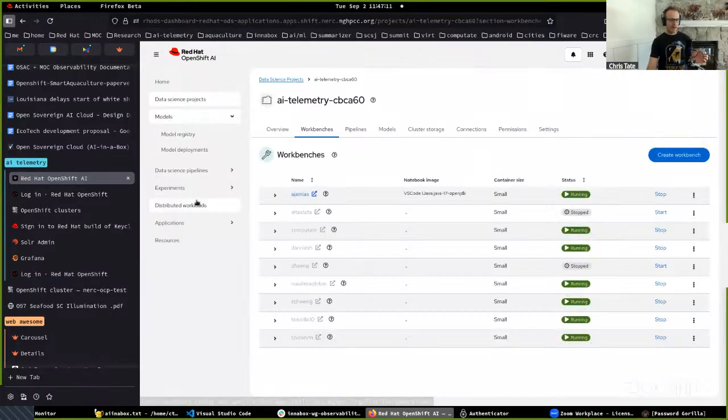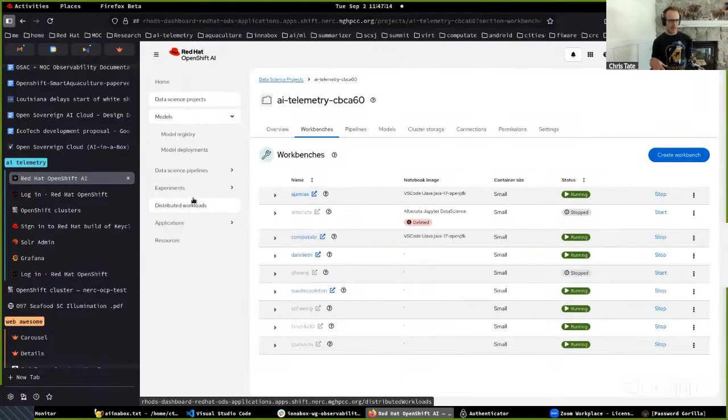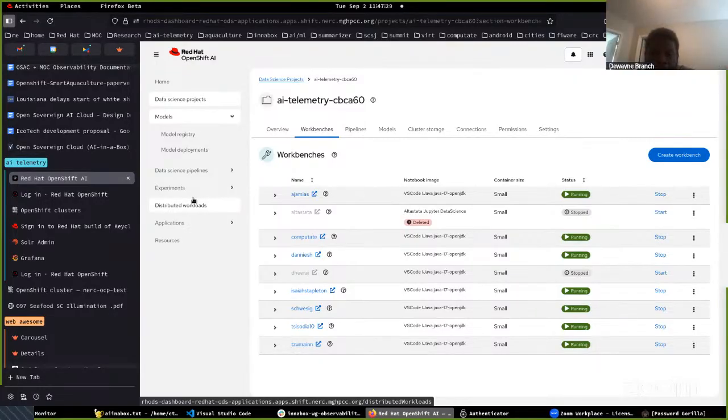And I was going to get to work sometime this week to automate that for upcoming workshops, hopefully in Raleigh, North Carolina in October. Depending on what we can do there, there may be a workshop in Las Vegas in January related to smart aquaculture. So upcoming workshops will be able to benefit from this so that people can try this out, just like we did at the Red Hat Summit this year in May,